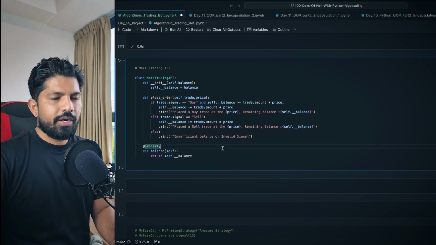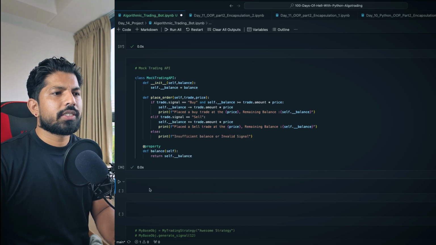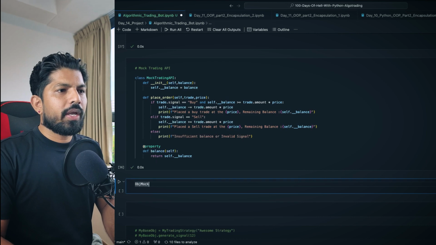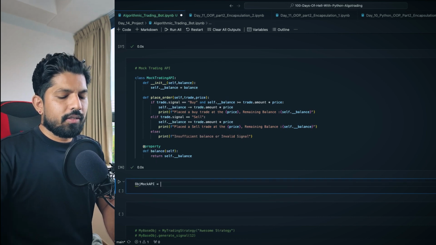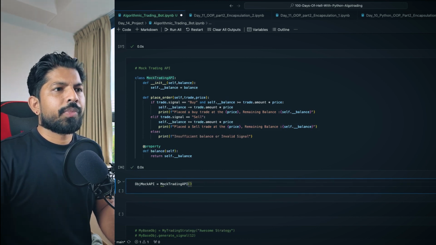So when I hit shift enter, and when we test this, what we can do is create an object for this class. So let's say we create an object, obj, of the mock API class, and we have to pass the trade signal here.